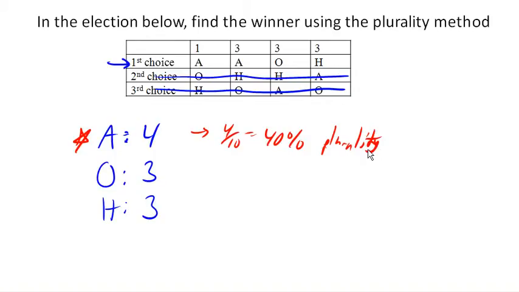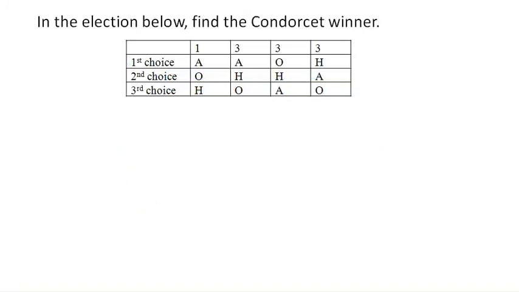Now, the plurality method is fairly well known and very easy to do. So what's the issue with it? Let's talk about Condorcet winners. Condorcet looked at voting, and we're going to look at preferences if there were only two choices. So let's compare A versus